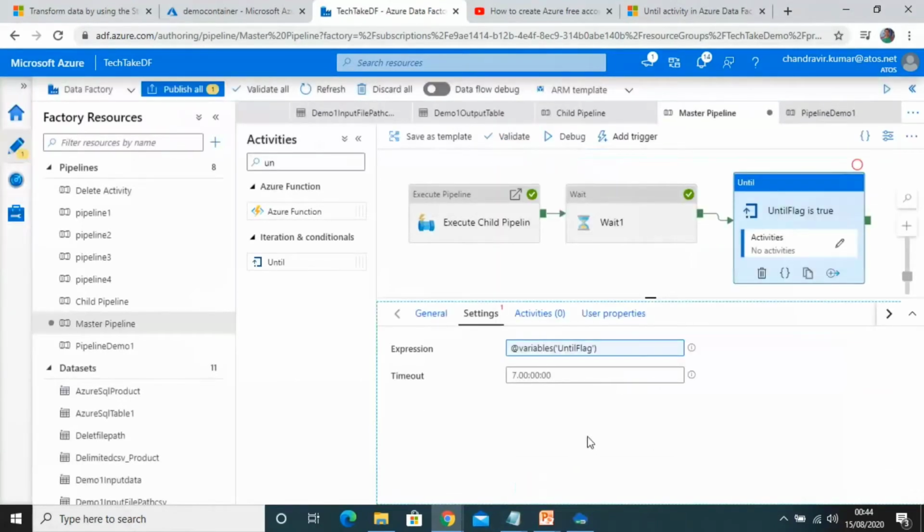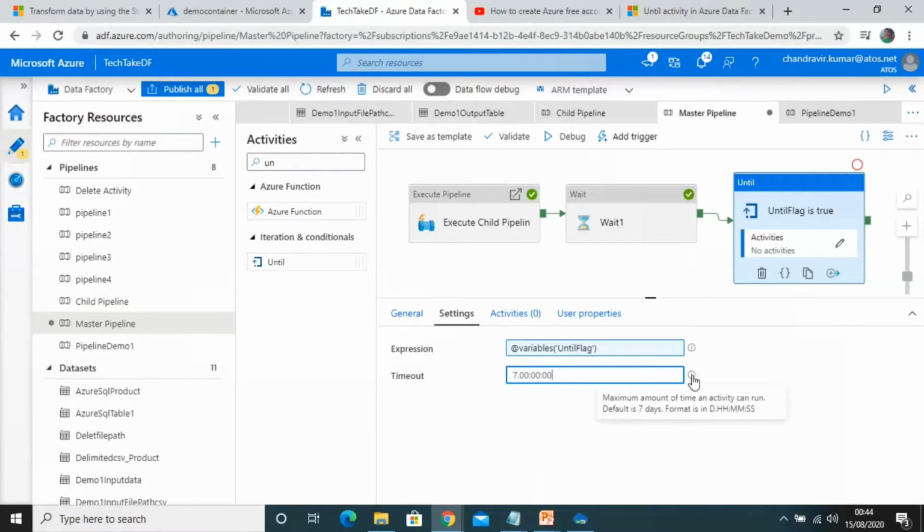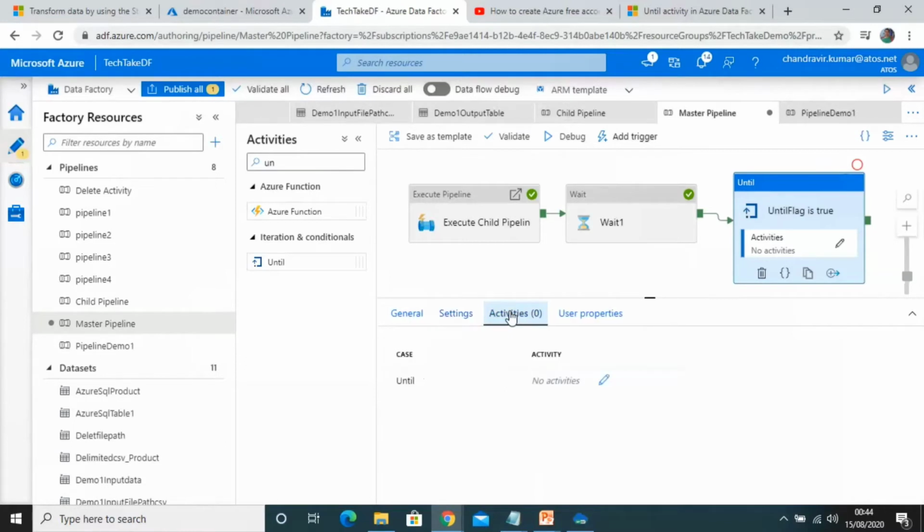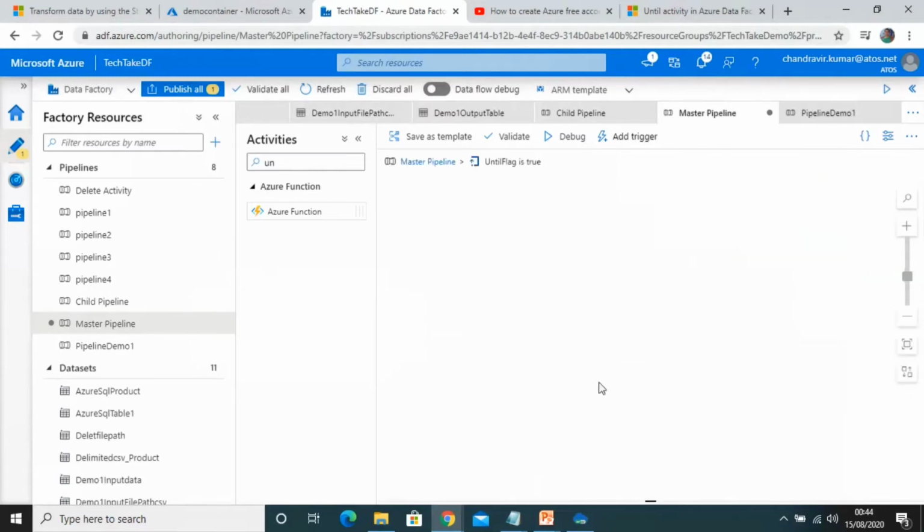This is the expression, and on the basis of the expression it will execute. This is the timeout setting where you can put some timeout, like until what time it will execute. By default it is 7 days. You can change it. This is the activities section, where we add any activity that will be executed on the basis of the expression.